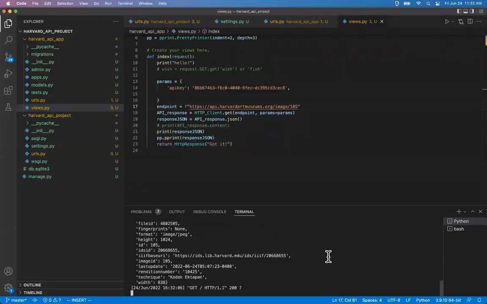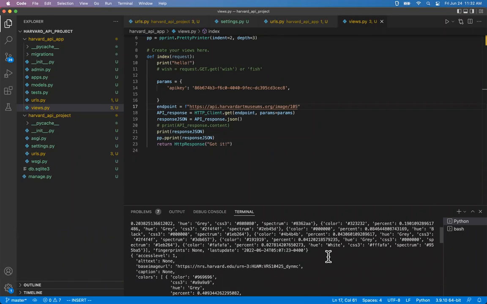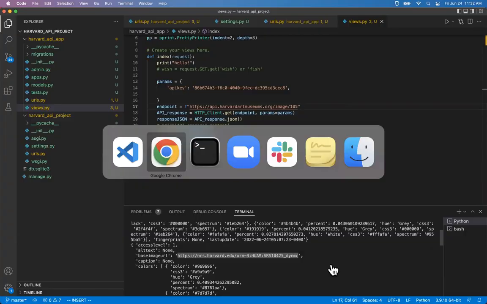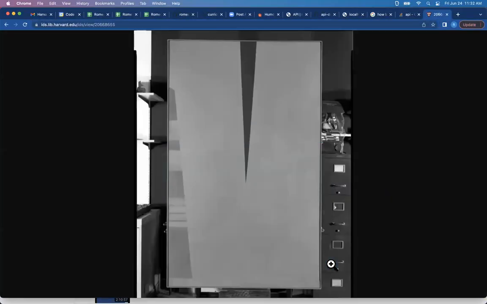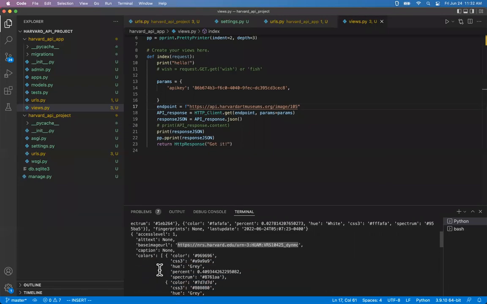Okay, so it looks like image 105 does exist. Conveniently, at the top of this object, there's a base image URL. I'm not sure I understand what type of image this is, but the colons at the end look kind of weird to me. But whatever, I paste it into my browser and it renders, so I guess that's good enough. So that's in the response at base image URL. So what if I just try